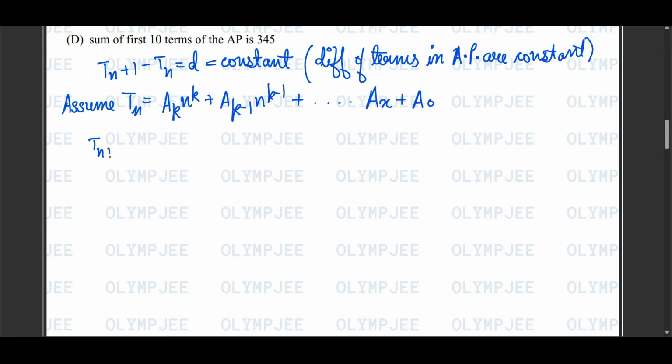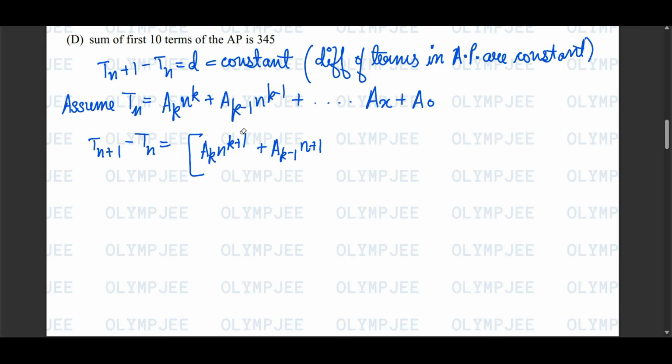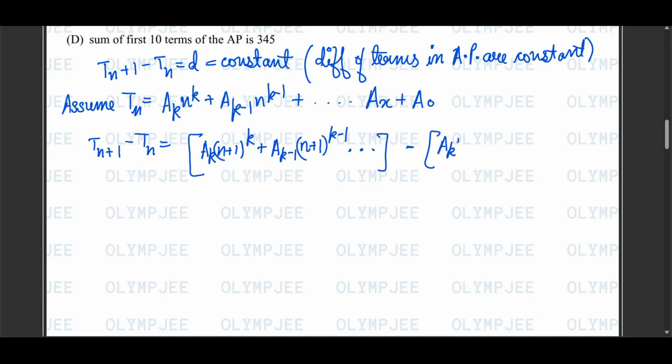So Tn plus 1 minus Tn can be given as, sorry, this will be a_k only, and so on, minus of